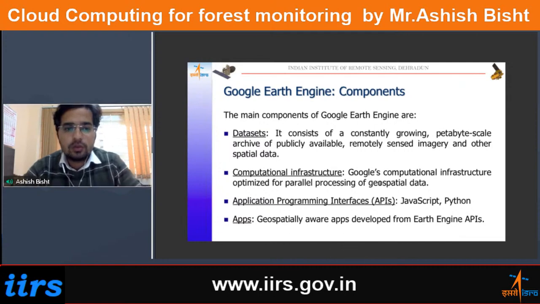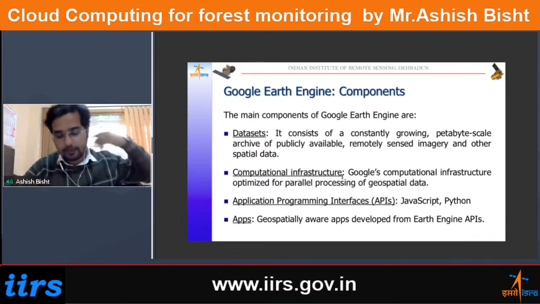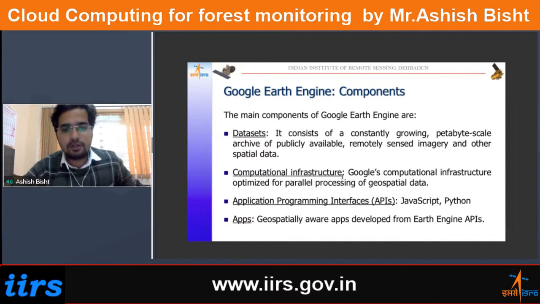Okay, so basically, what are the components of Google Earth Engine? As I mentioned, there are huge data sets available, whether it's satellite imagery or atmospheric data or geophysical data. Then there is computational infrastructure. All the functions will be accessing the resources from Google servers. All the computation is being done at the server level at Google. So you really don't need heavy hardware setup or heavy hardware requirements at the user end